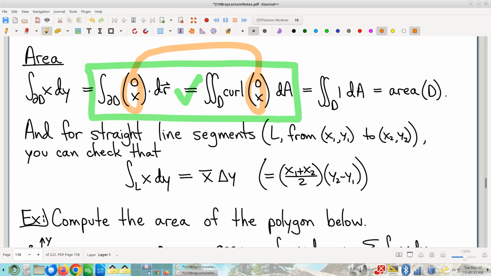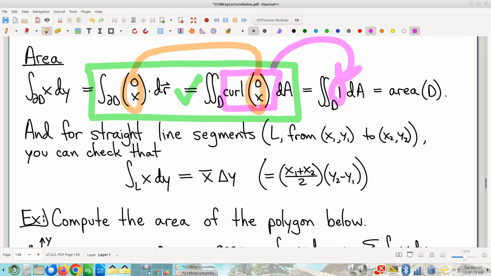Now, why did I choose 0, x? Side note, there are various different options you can put here and you get an analogous result. This is my favorite, not quite arbitrary, my favorite of the many choices that we have here, to use 0, x because it's the simplest one. I've never seen a simpler one than this. And so this is one I like to use. Anyway, what's great about this particular vector field is that when you look at its curl, it's exactly 1. That's kind of neato, right?